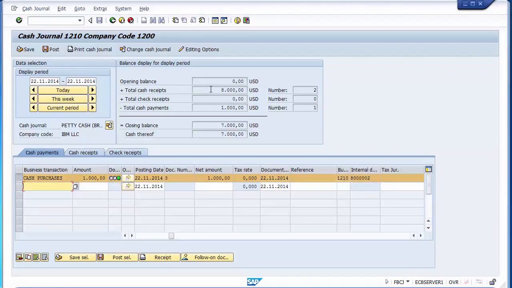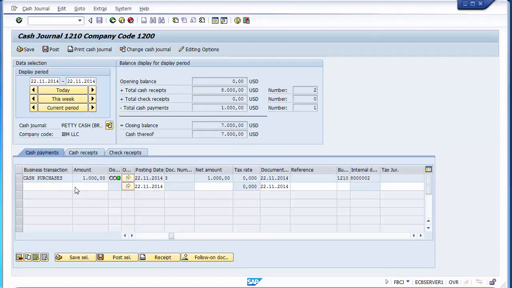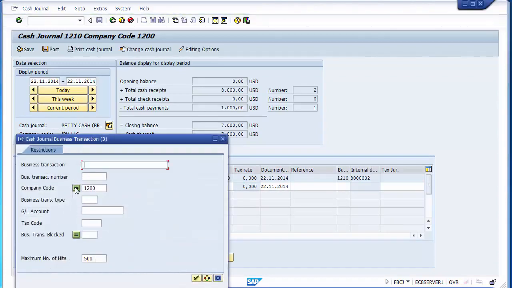Over here you can see the red has moved to green, and your cash payment has gone from 0 to $1000, and your closing balance has gone to $7000. So this is how your cash journal works. In the same way, if you have paid to your vendor, you can again go to the business transactions,